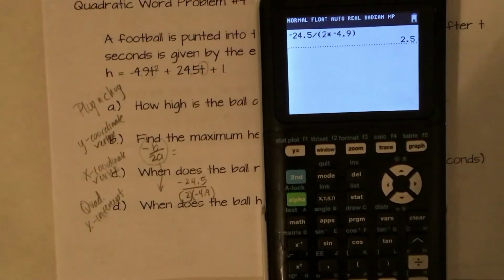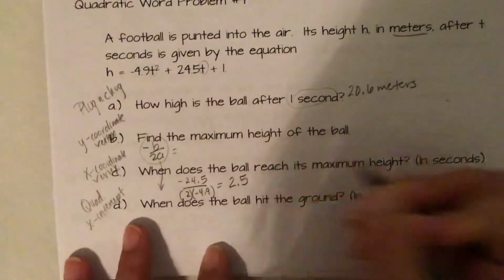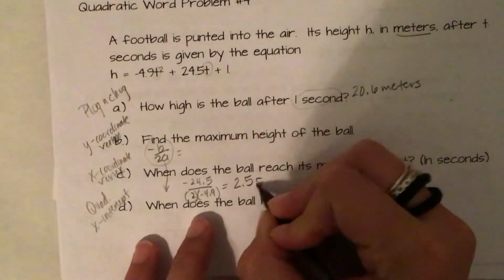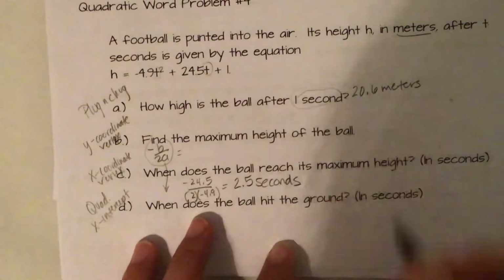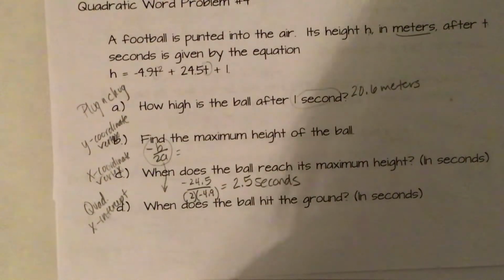So that gives me 2.5. That's a nice decimal for us. So when does the ball reach its maximum height in seconds? It's 2.5 seconds. Okay. All right, so now to find B, we have to find the maximum height of the